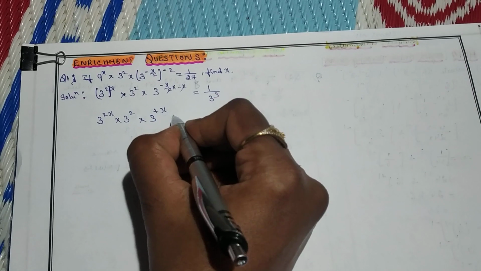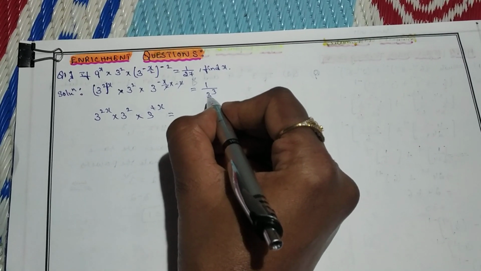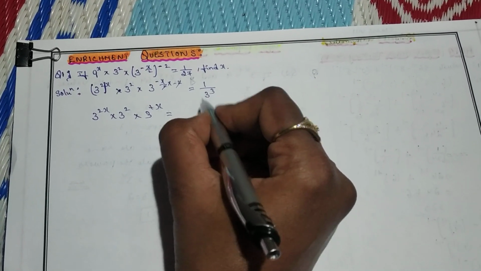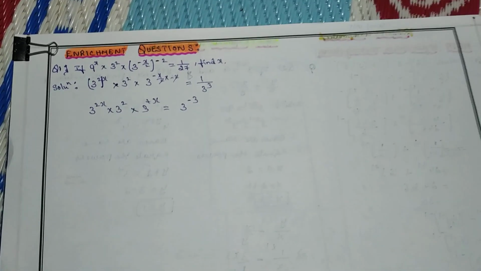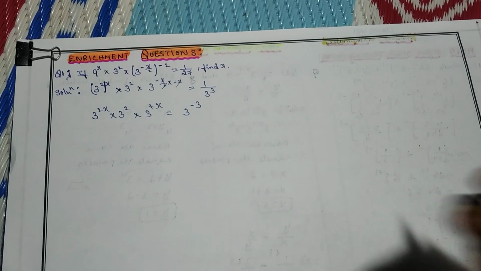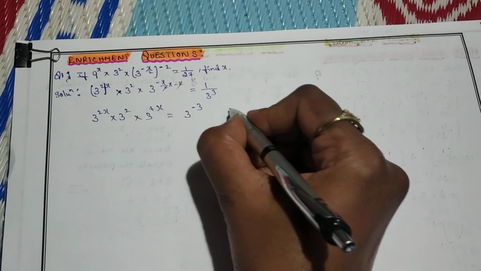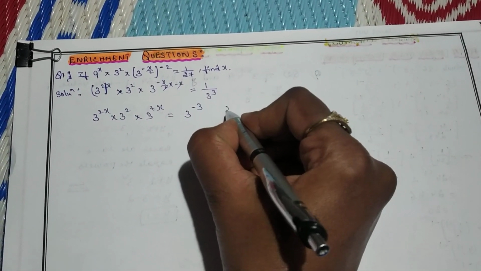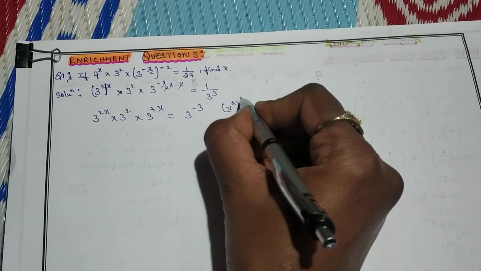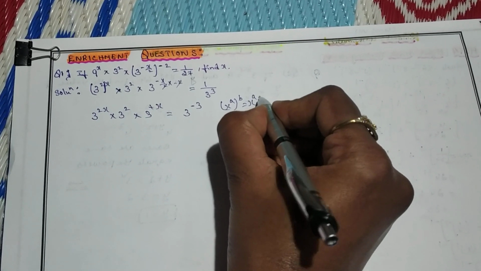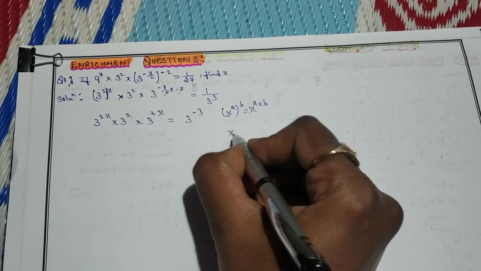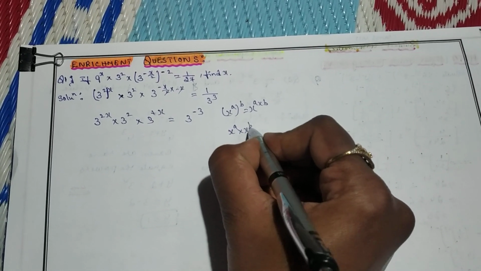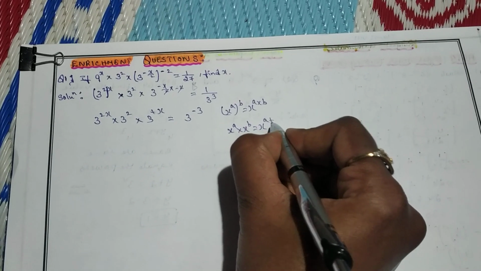So x equals, this I want with the base 3, but I have here 1 by 3. Make it reciprocal and bring the exponent with a negative sign. That's all. So hope it is clear. So which laws have I used? x power a whole power b is nothing but x power a into b. Now the law x power a into x power b is nothing but x power a plus b.